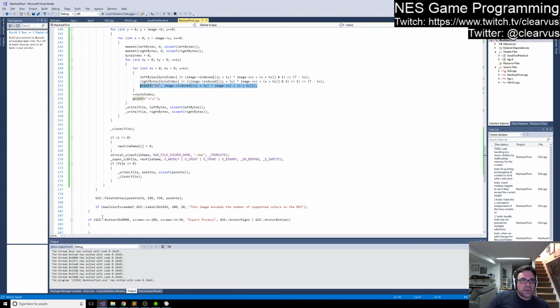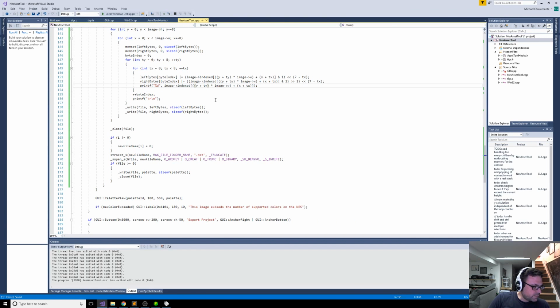The other thing is, I noticed that I left in these prints, but we can talk about those. This was just for visual validation that the indexes were a specific value, and when we view this in YYCHR, just to validate the exported data, that it actually is what we were expecting to see, right? We want to make sure that we have some way of validating that we got the byte streams we were expecting. And then so once we get the left and right bytes set by doing an OR operation on it to set the bits accordingly,